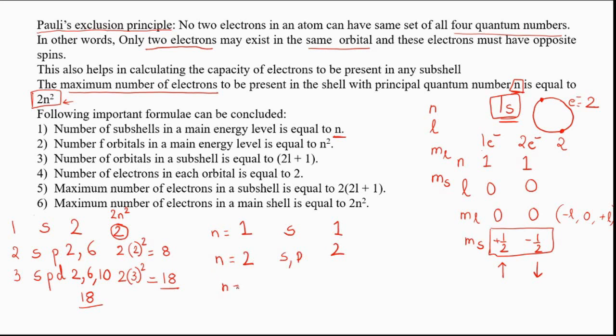Then if I have n is equal to 3, I have S, P and D. So the number of subshells is equal to 3. Now when I have n is equal to 4, we have S, P, D and F. So the number of subshells is equal to 4. So the number of subshells in any energy level is equal to n. Then we have to learn the number of orbitals